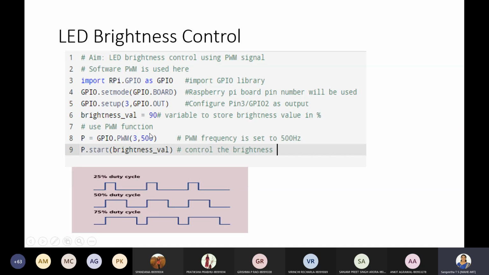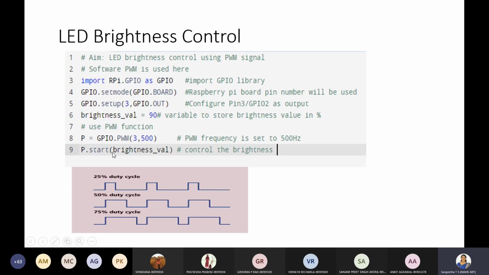You create an instance of that, and using that instance you say how much brightness you are going to give for that PWM signal. That is what you do using the brightness value.